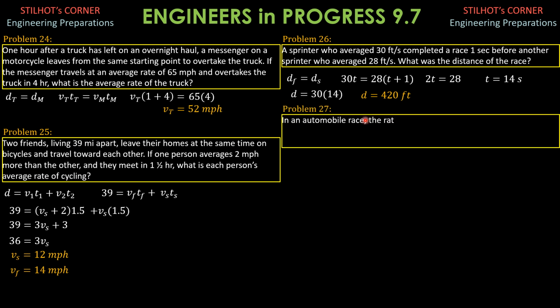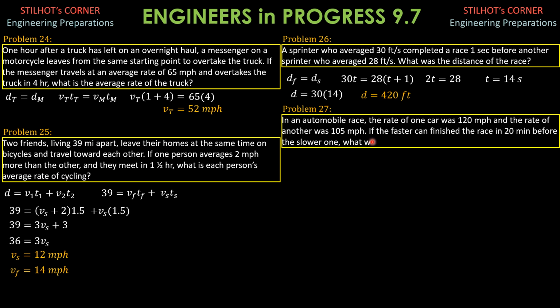Problem 28. In an automobile race, the rate of one car was 120 miles per hour and the rate of another was 105 miles per hour. If the faster can finish the race 20 minutes before the slower one, what was the distance of the race? So this problem is related to problem 27, and so they have the same